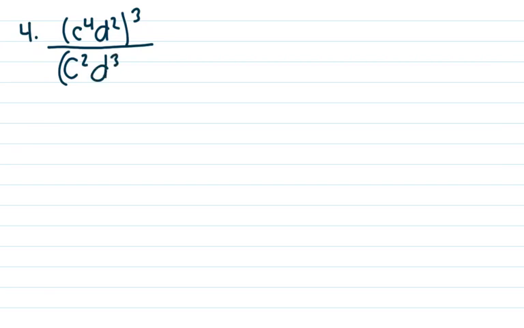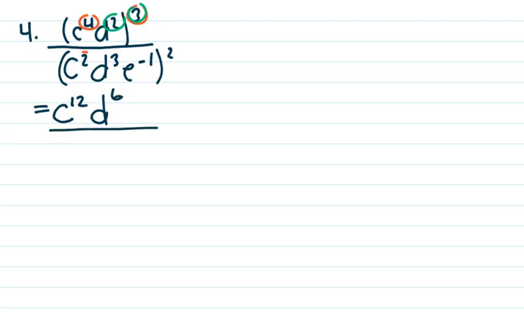All right, number 4 is c to the power of 4 times d squared all to the power of 3 divided by c squared times d cubed times e to the power of negative 1 all squared. So first we're going to apply those outside exponents inside the bracket. So I have c to the power of 4 times 3, which is 12, times d to the power of 2 times 3, which is 6,